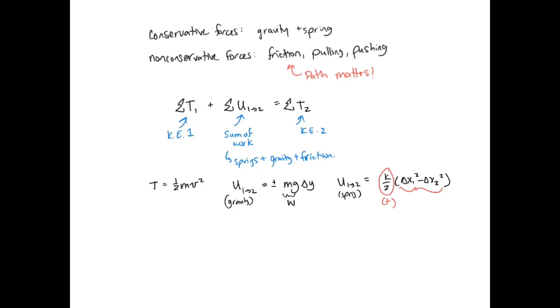And then your work due to non-conservative forces, 1 to 2, is equal to the integral from r1 to r2 of F dot dr, or F cos theta delta x if you have a constant force as your block is moving from x to 1. So this delta x means you're only considering the part of the force that is moving along the same direction of